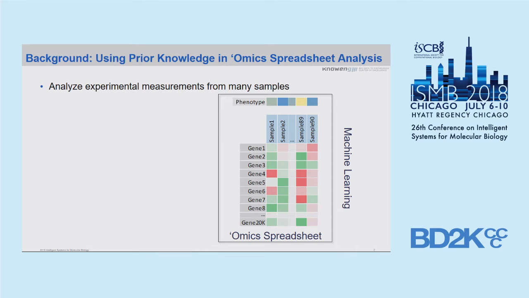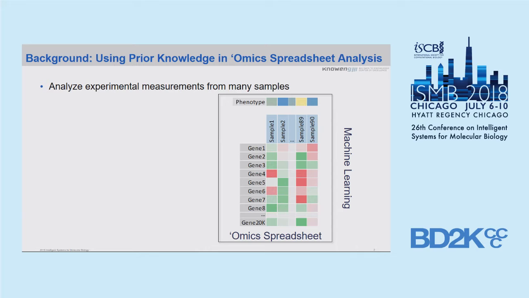And then there are many analysis techniques that people will want to do on these spreadsheets. Find clusters of samples that relate to genomic subtypes, find gene features that most correlate with the phenotype information you might have on the samples, or just find known gene expression signatures or gene sets that relate to the samples individually. And so you can do these analyses with the omics spreadsheet alone, but at Knowing, we think, well, the